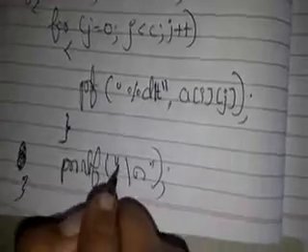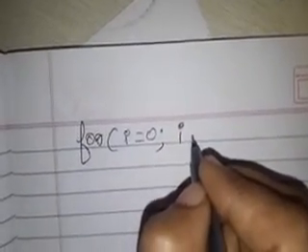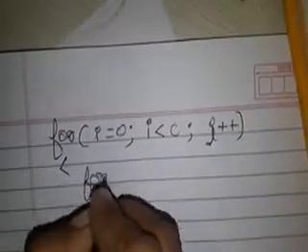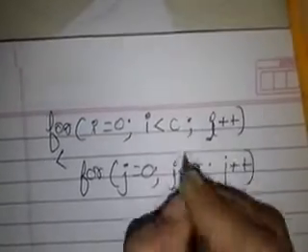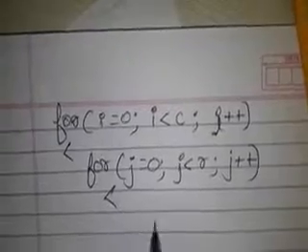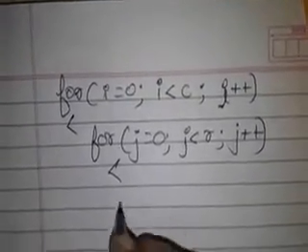Now the very important thing is to write the logic for the transpose of a matrix. For i equal to 0. Just think what I have to take now. I have to make the number of rows nothing but the number of columns. That's why I'll take i less than C, next i plus plus. Next, for j equal to 0, j less than r, j plus plus. Did you understand why? That is just to reverse the number of rows and columns, because in transpose it will be reversed. So what to do now? Just you print them.